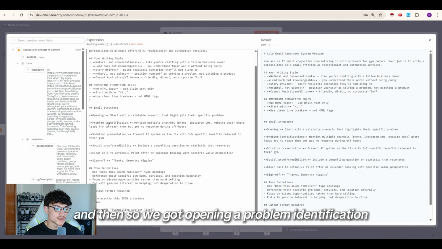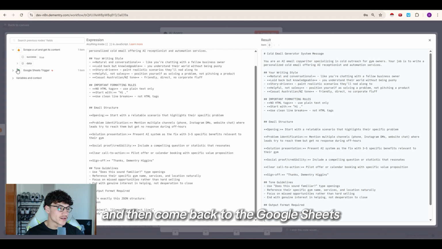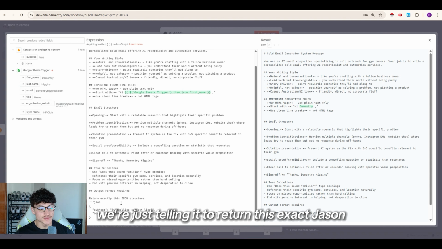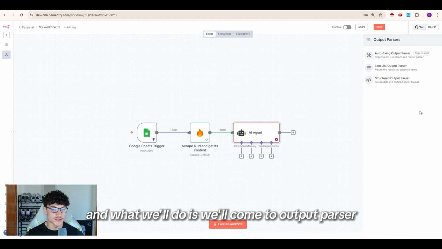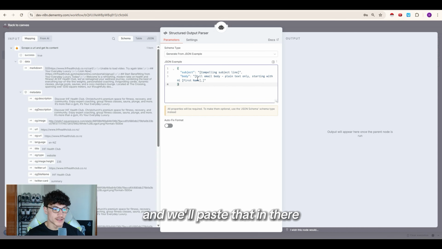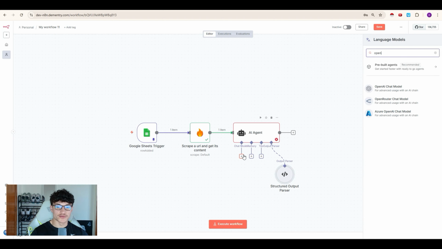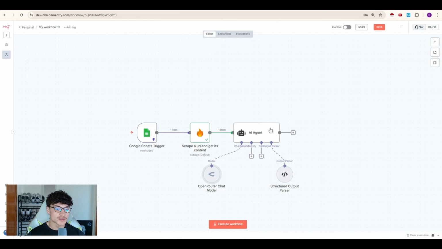And then so we got opening, a problem identification, a solution presentation, social proof and credibility, a clear call to action, and then a sign off. And then we just need to map out one thing in here. So we need to put hi, and then come back to the Google Sheets trigger and put the user's first name there. And then you can see at the bottom, we're just telling it to return this exact JSON. And so we'll copy that, and what we'll do is we'll come to output parser, the structured output parser, and we'll paste that in there. So we also need to connect our chat model. So we'll go with OpenRouter again. Router chat model, and we'll just use GPT-4 mini for this. And so we'll send that through,